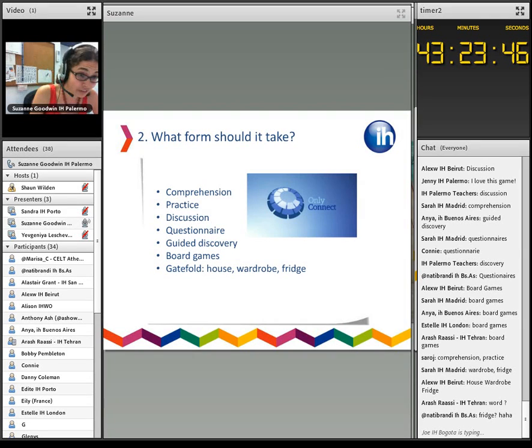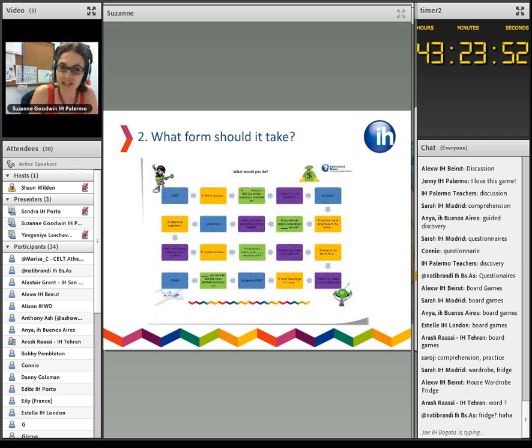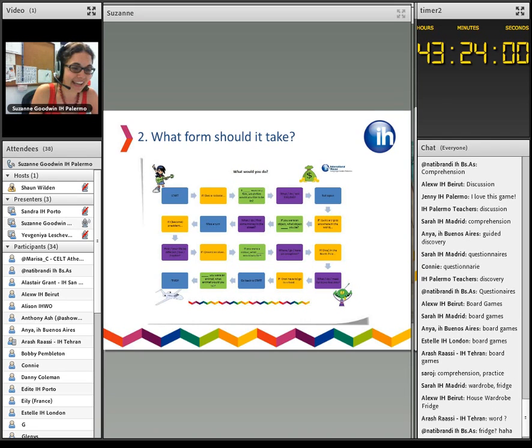I'd like to focus on the last 2, which are maybe a bit less traditional when it comes to worksheets, and we'll get to gatefold in a little while. Okay, yeah, fridges in the classroom, why not? Okay,